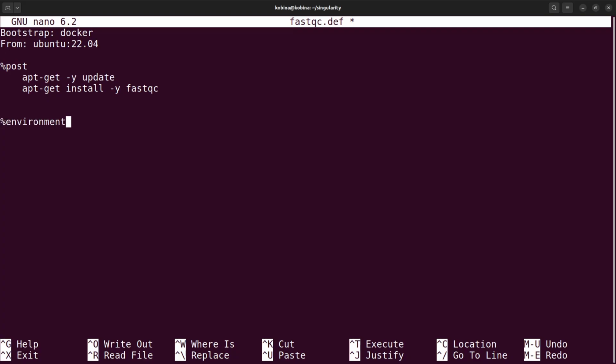So %environment. Now the environment allows you to specify variables, which we refer to as environment variables in Linux. Now I'll explain what I'm going to add. So let me just add it first. Next line, 4 spaces, 1, 2, 3, 4, and I'll say export DEBIAN_FRONTEND. You also need to specify it. So DEBIAN_FRONTEND equals